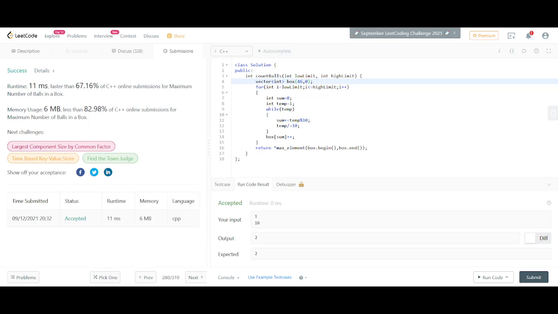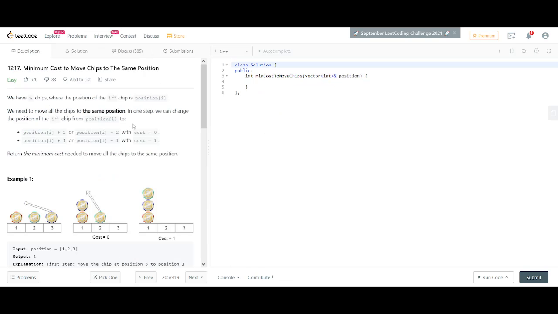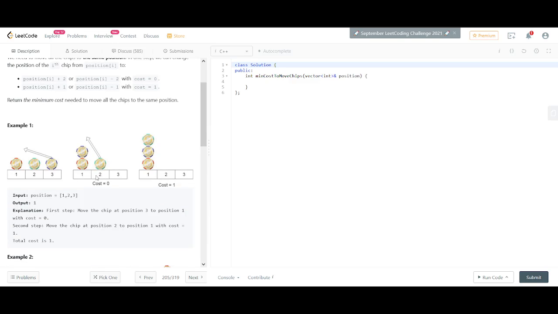So let's move on to the next question, that is the minimum cost to move chips to the same position. We have n chips where the position of the ith chip is position[i]. We need to move all chips to the same position. We can change the position of the ith chip from position[i] to position[i] plus 2 or position[i] minus 2 with cost 0, and position[i] plus 1 or position[i] minus 1 with cost equal to 1. So we are given coins which are placed in particular positions, as you can see in the figure. What can we do is